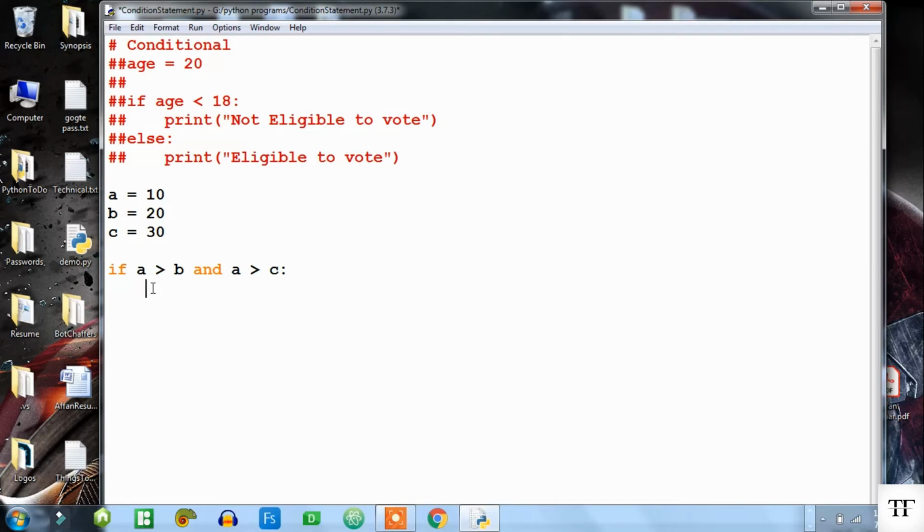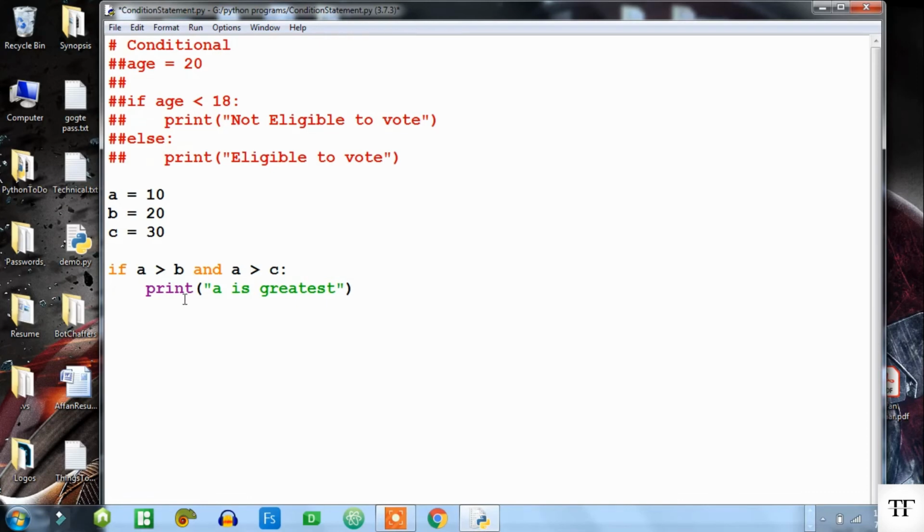So now we have compared A with B and C. If it is greater than both, then we will simply print A is greatest.